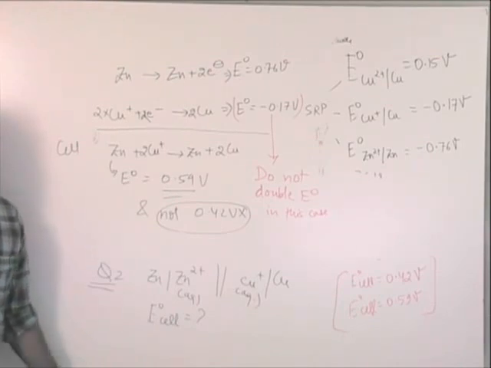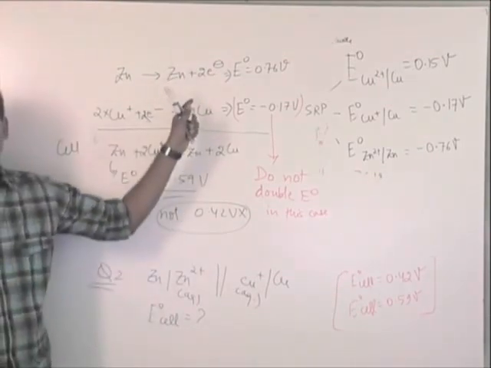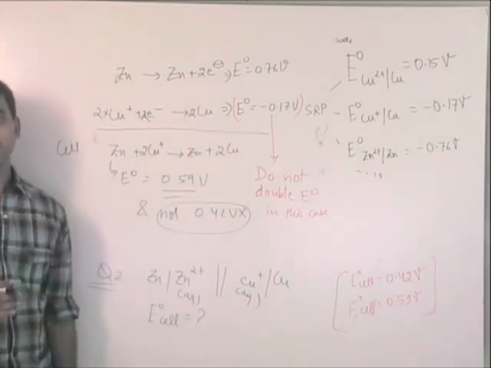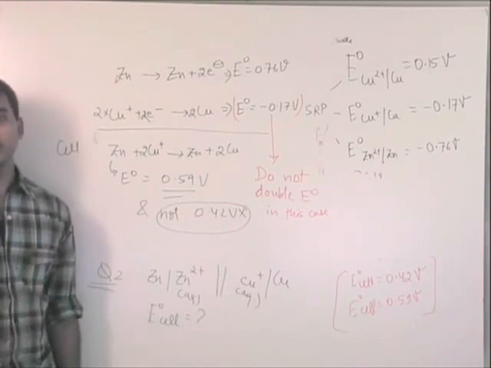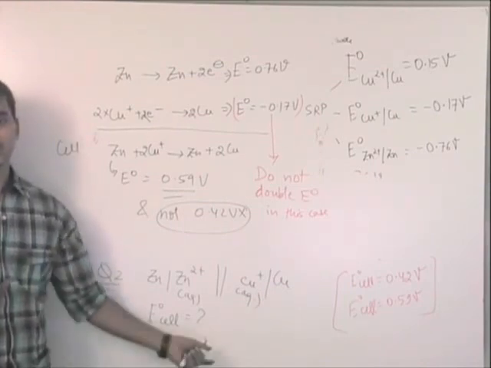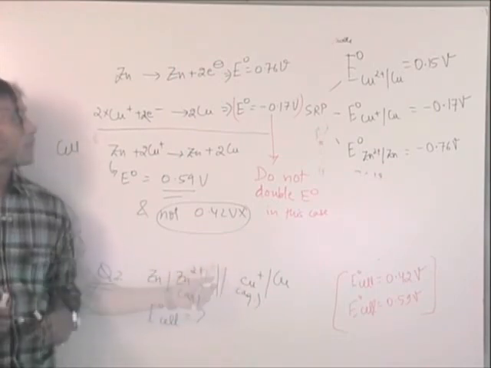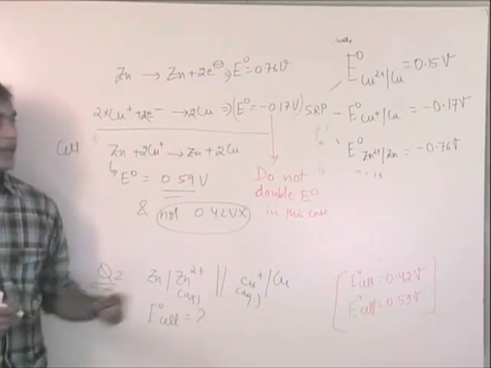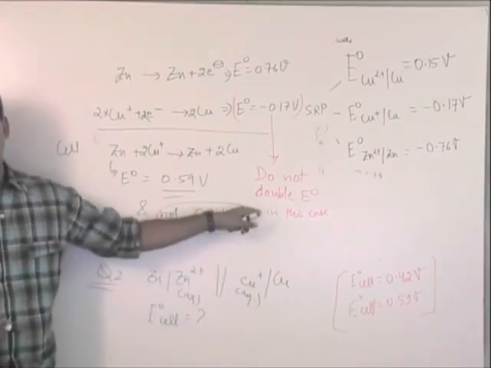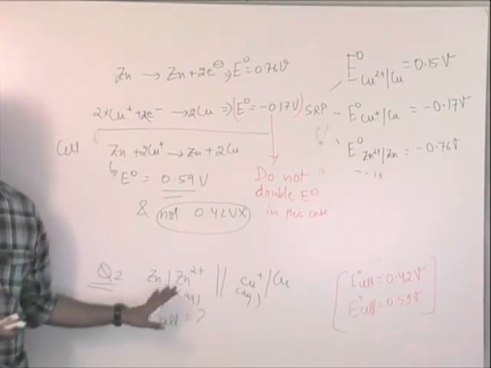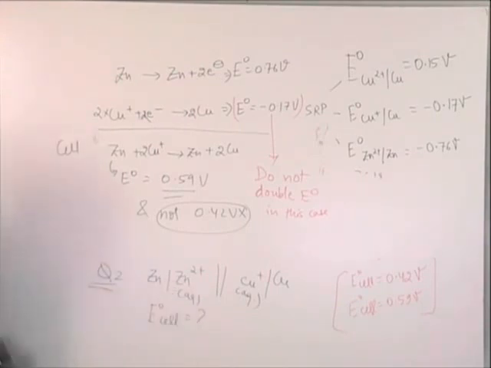What you used to do in delta G naught 1, delta G naught 2, and on addition, you just used to multiply delta G naught values. Right? But in case of E naught, never do it. Are we clear? So this was a question I wanted to give you because this is a mistake which most of the people do. Just write it down and write this in bold letters: do not multiply E naught. So are we clear? Shall we go ahead? Let's do a few more questions.